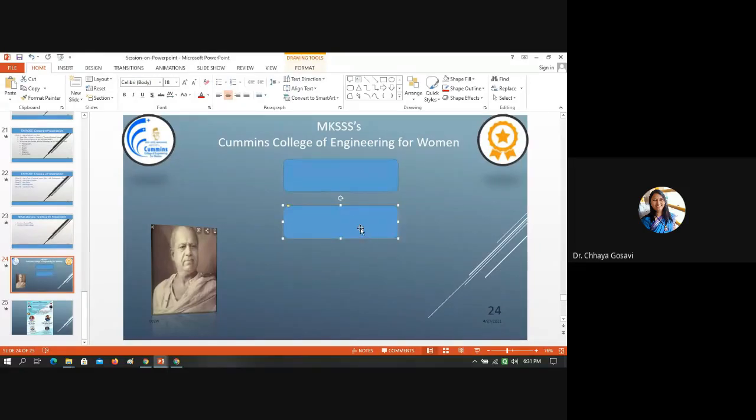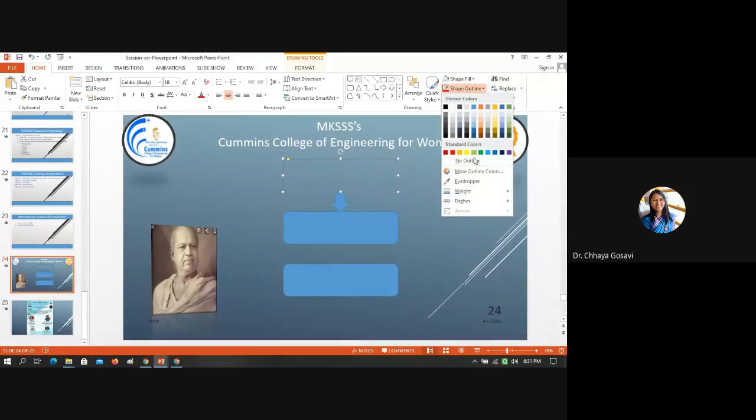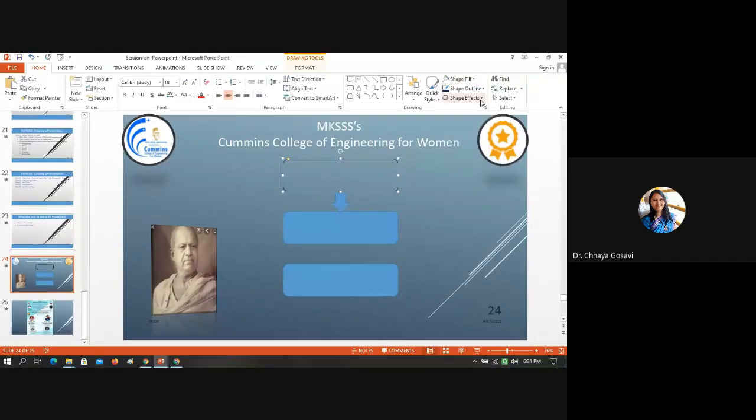Now I want one more block. Just copy it, Control C, Control V. One more box. And I want an arrow. Now this arrow I want upside down. So we can choose this arrow or just a line arrow. We can change the fill color. I don't want it filled, but I want boundaries. So outline, dark outline, and choose the thickness, width of the outline.